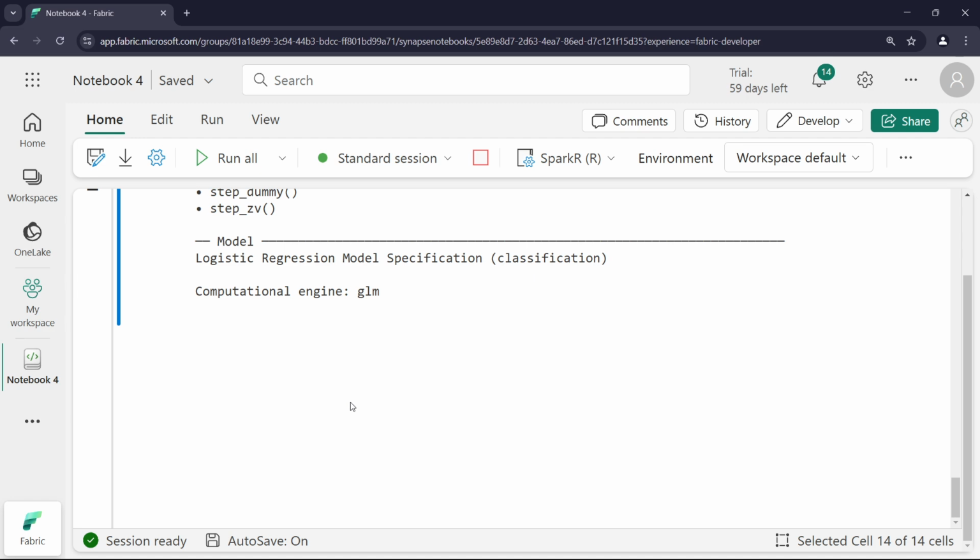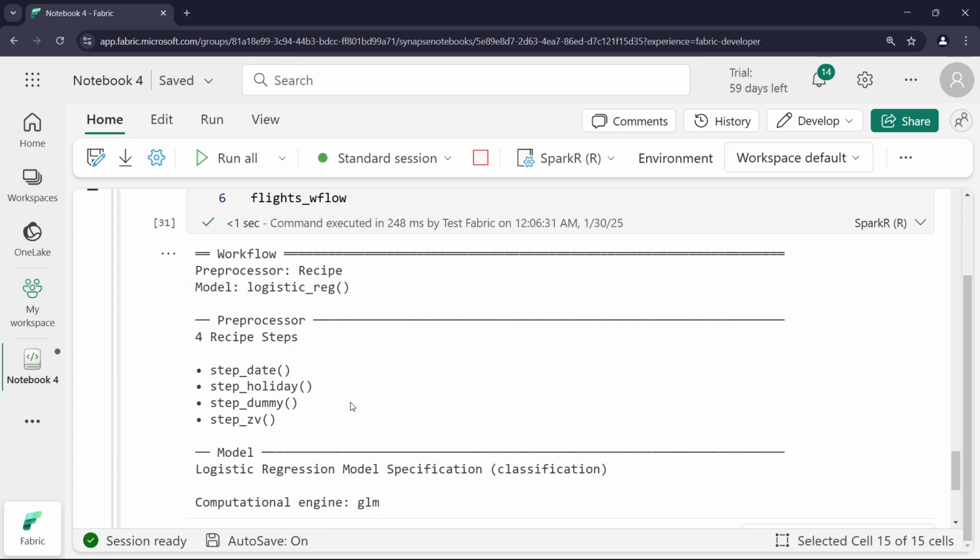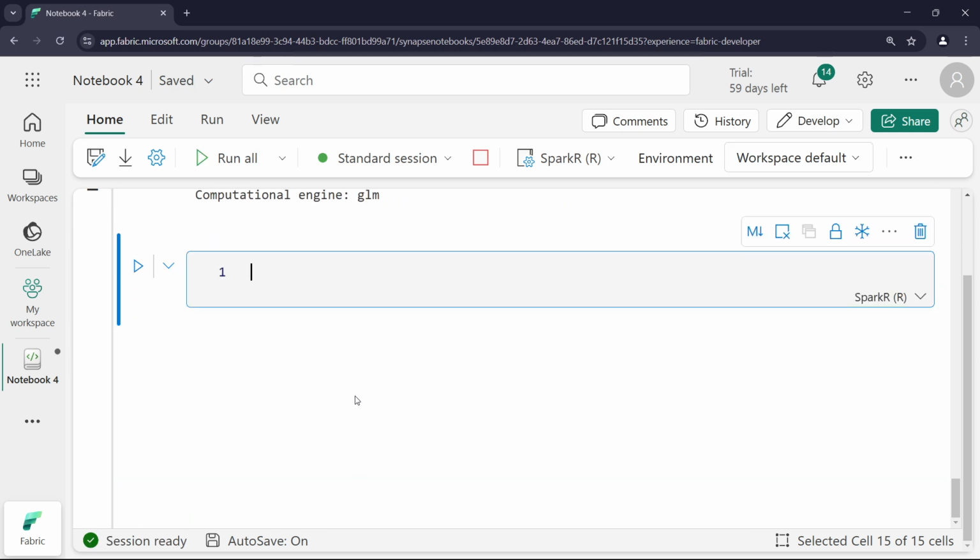So next thing is we'll train the model. So again, make a new cell and here we need to train the model. This function can prepare the recipe and train the model from the resulting predictors. So first of all, we need to write the code, that is